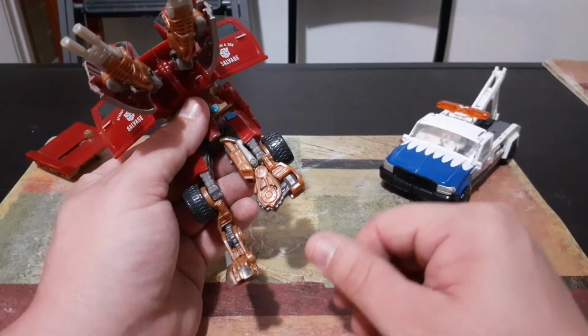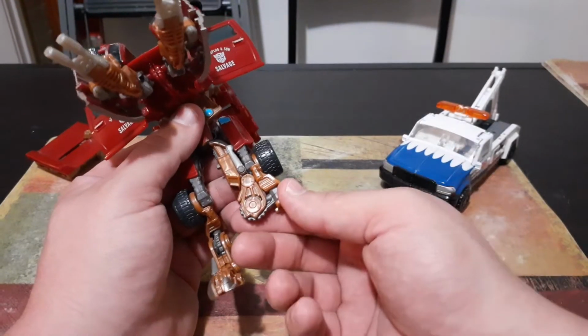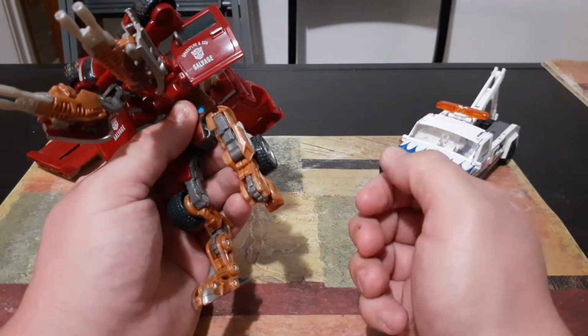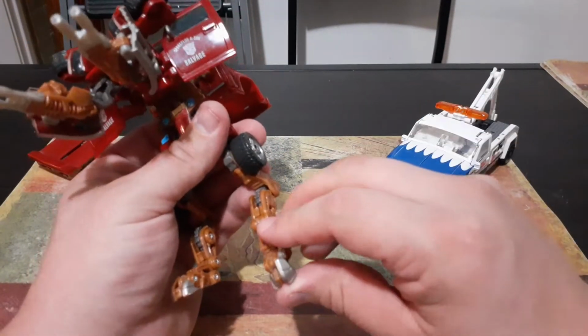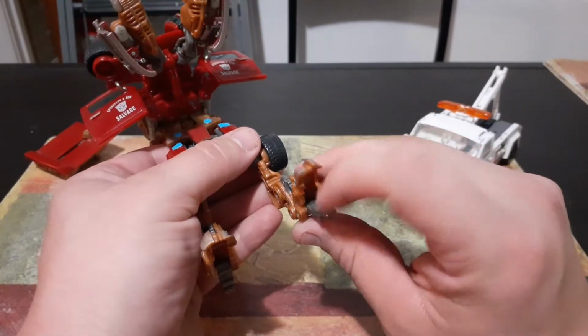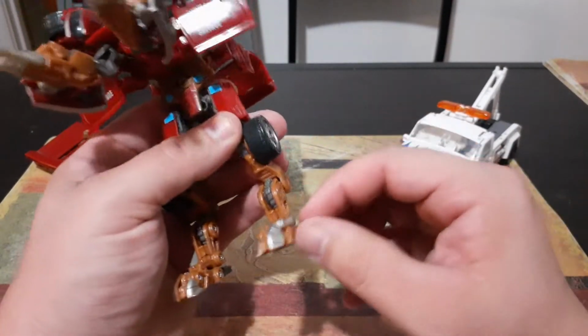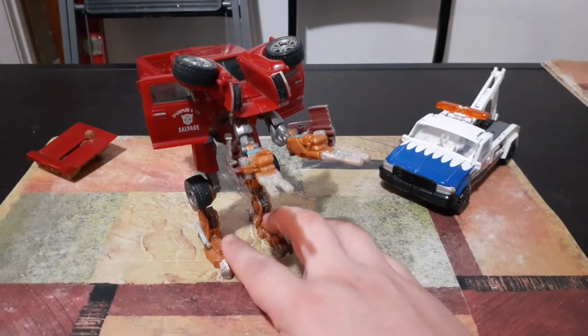But anyway, now we're going to come over here. I didn't point it out, but this hinge was the one you turn his leg out on, just like that, before you bend it down and then fold his feet out. We'll fold his foot down, flip his heel out, and flip that little rod back just like that. And there we have,